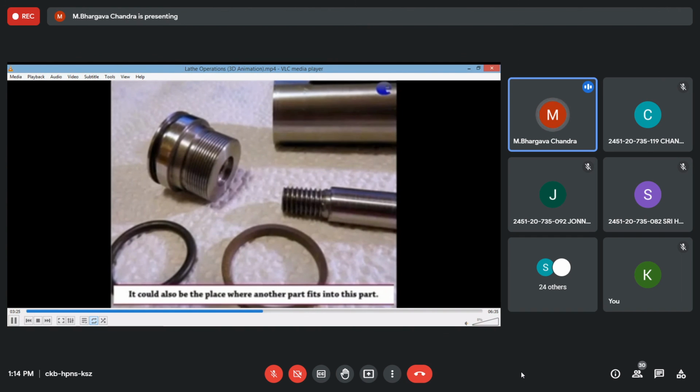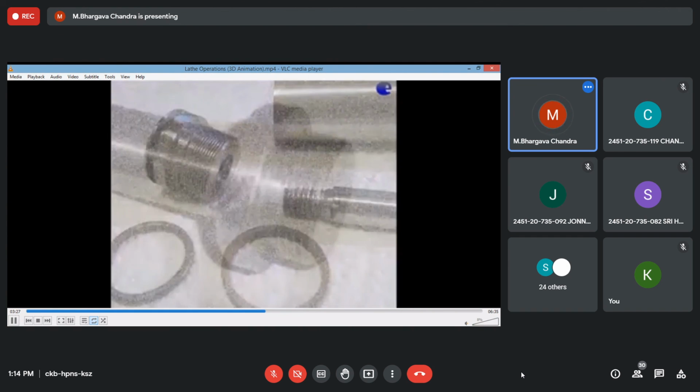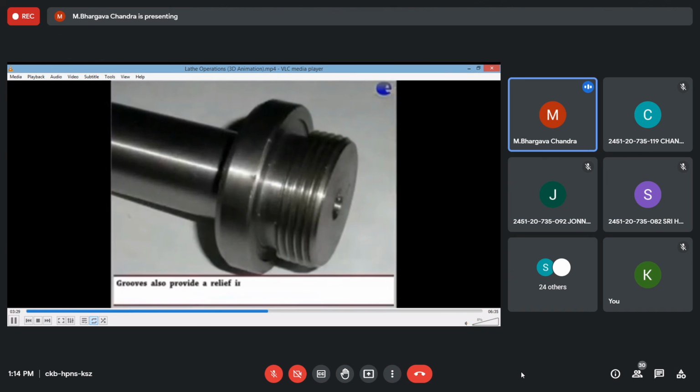The groove is used for mounting a rubber O-ring, which you can see in the video. Rubber gasket.